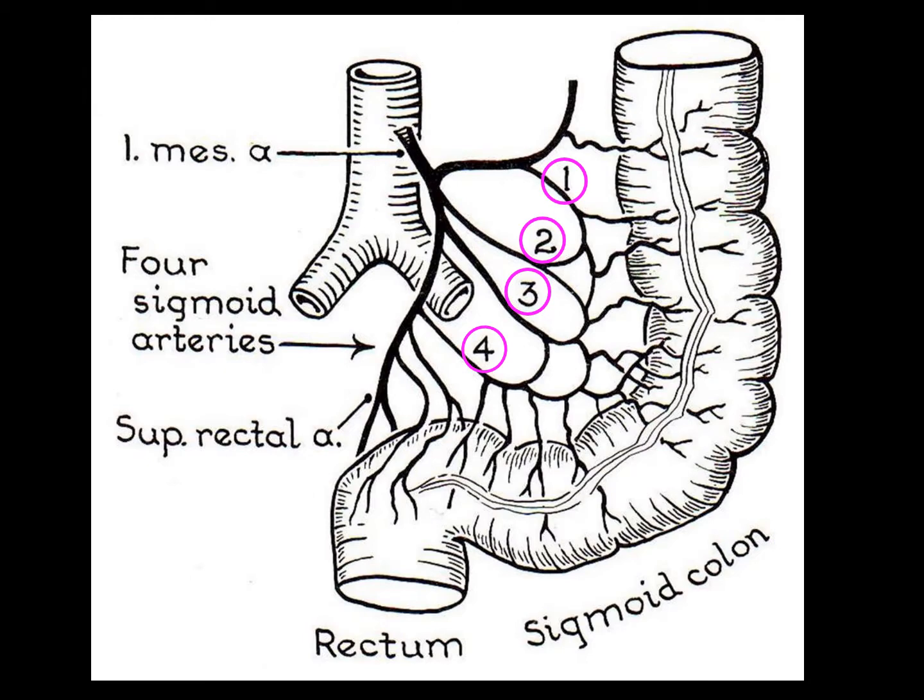And this is the inferior mesenteric artery. It arises from the aorta at the level of the third lumbar vertebra. It gives the left colic arteries, 1, 2, 3, and then the sigmoid branches, and continues as the superior rectal artery. So the inferior mesenteric artery gives 4 sigmoid arteries and the left colic artery, which anastomoses with the middle